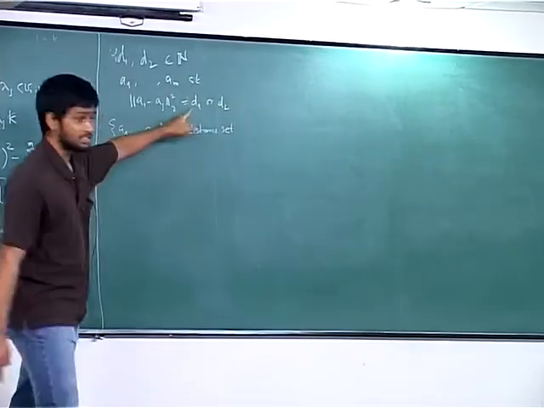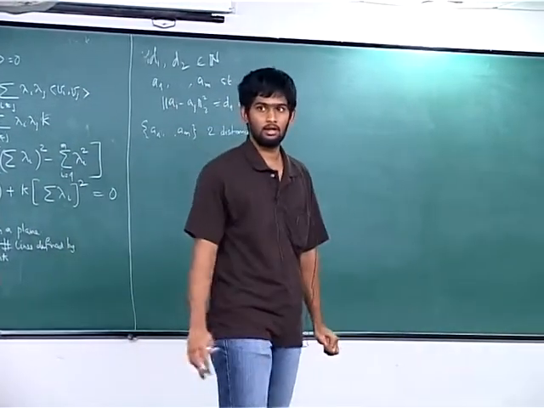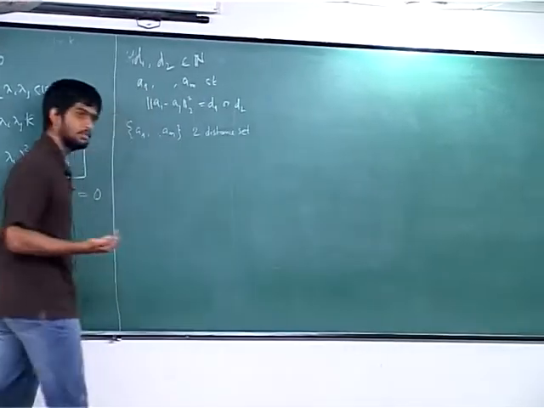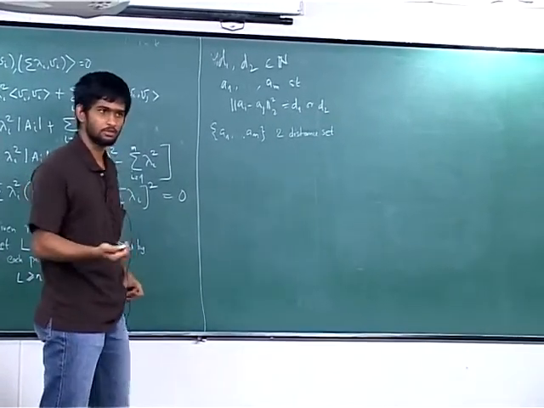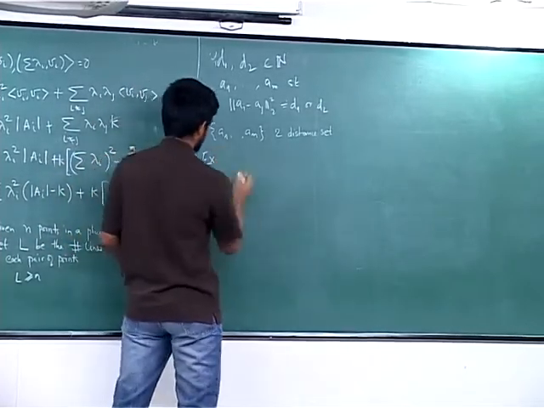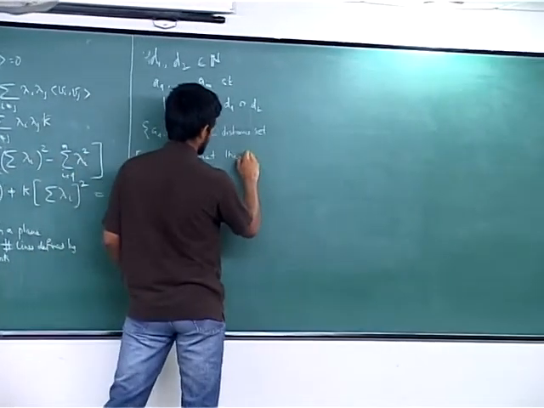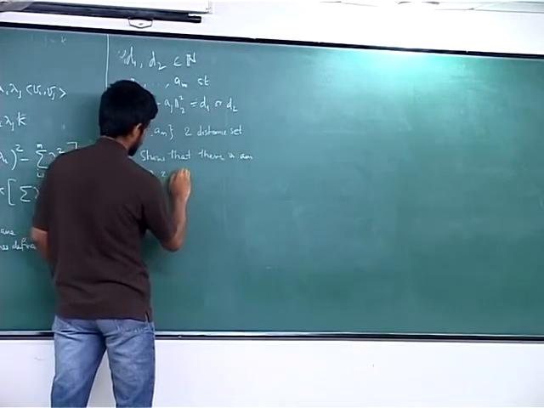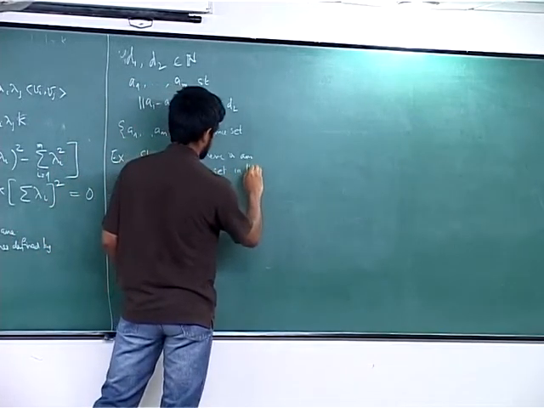But now I want this thing. I can do much more. I am claiming that I can do at least n choose 2. So the n choose 2 should give you some hint about where to look, what sort of points should be there. That number n choose 2 should give you some clue. So here is an exercise. Show that there is an n choose 2 distance set in R^n.